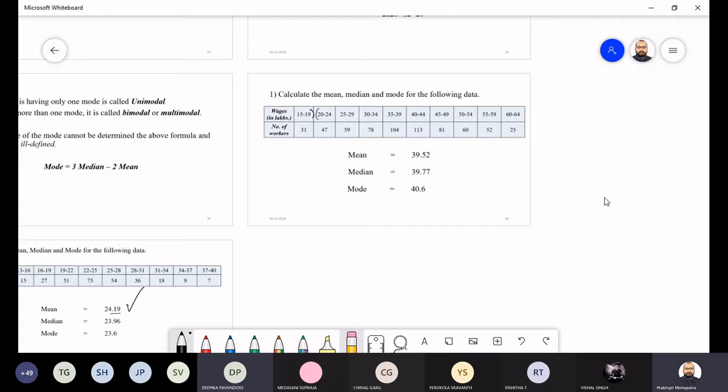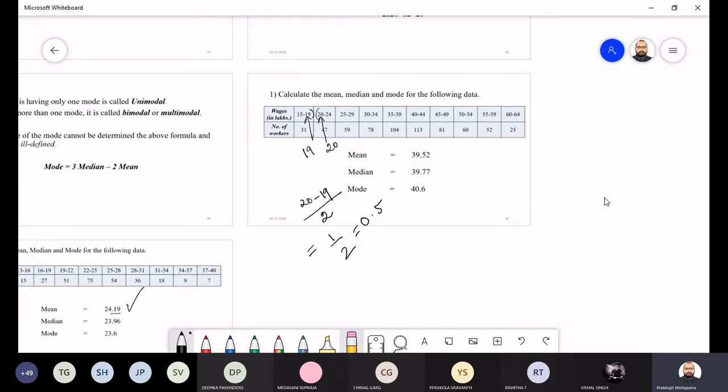Absolutely. Here you have to take the upper limit of the current class and the lower limit of the next class, take the difference, and take the average of that. Here the upper limit is 19 and the lower limit of the next class is 20. So the difference is 20 minus 19, then you take the average, that is 1/2. So that means 0.5 you have to adjust. From the lower limit you decrease 0.5 and to the upper limit you increase by 0.5.